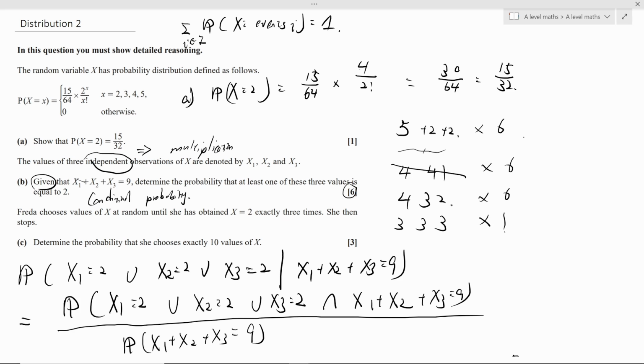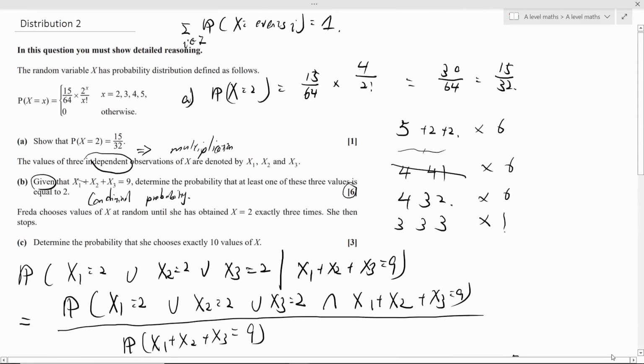Here's a 6 marker. First of all, it's conditional distributions. So you need to understand what's the condition that already happened and what events we are trying to look for. The event that already happened is X1 plus X2 plus X3 is 9. To calculate the probability of this event, we need to find all the possible combinations of 3 values that sum up to 9. And we find there are 3 different combinations: 5, 2, 2; 4, 3, 2; and 3, 3, 3. So we need to sum all the probabilities of one of these occurring, which gives you